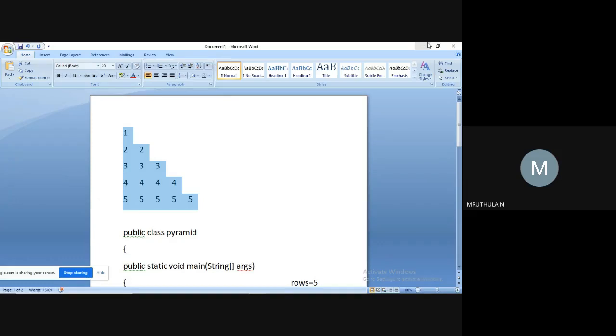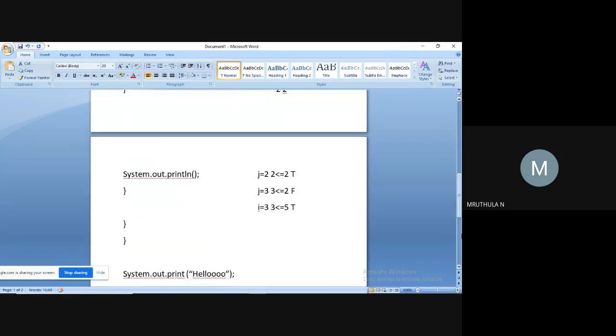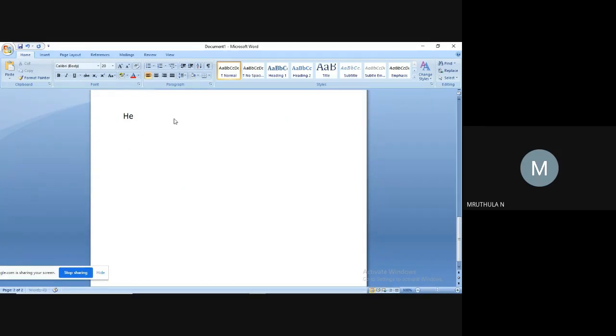Next pattern: stars. On the first line, I need to display 5 stars.